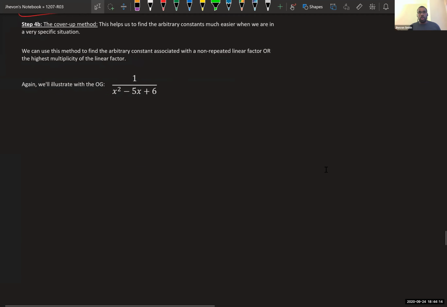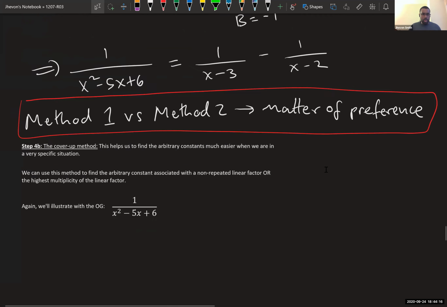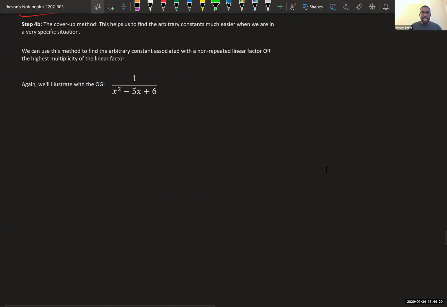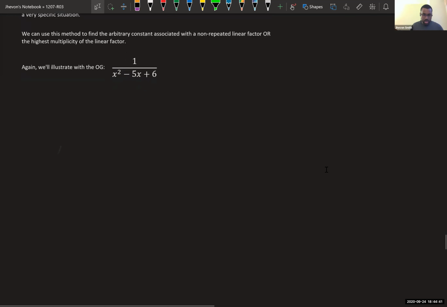Now, method 4, which is actually how to find the coefficients. There is a modification on this one that can actually come quite in handy. So this is, guys, called the cover-up method, right? So I'm going to show you this method. And the nice thing about this method is when it does work, it's actually quicker than both of the previous methods that I mentioned, right? So this is called the cover-up method. I'm going to show you why it's called the cover-up method. Okay, so